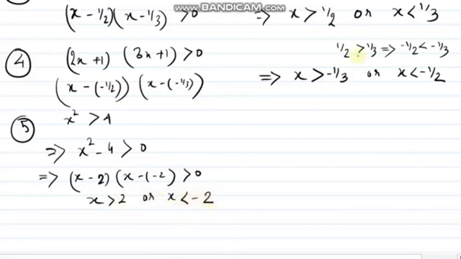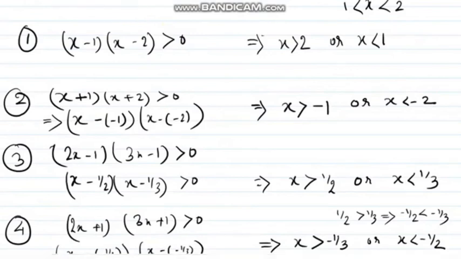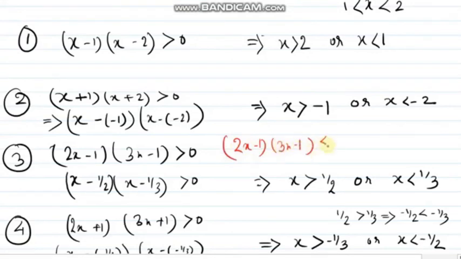Do you agree? Just for the time being, one problem I am discussing, what it will be for the minus. If it is (2x minus 1) into (3x minus 1) less than 0, then x will be in between half and 1/3, right? So it will be in this format. You can try it for the other things, what will be less than 0.